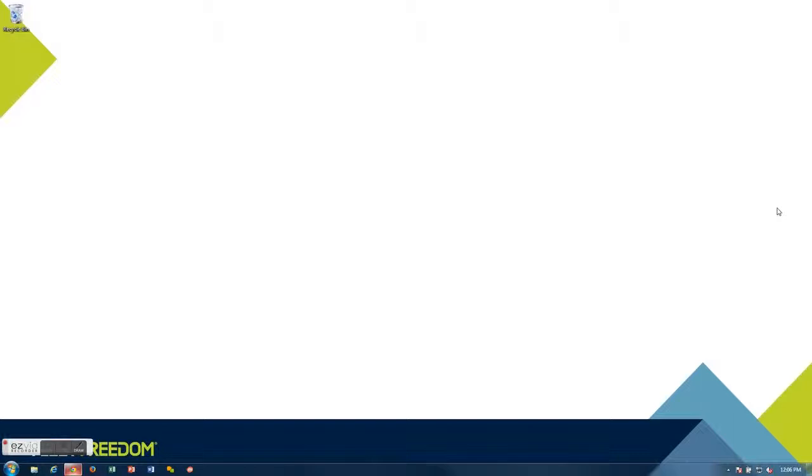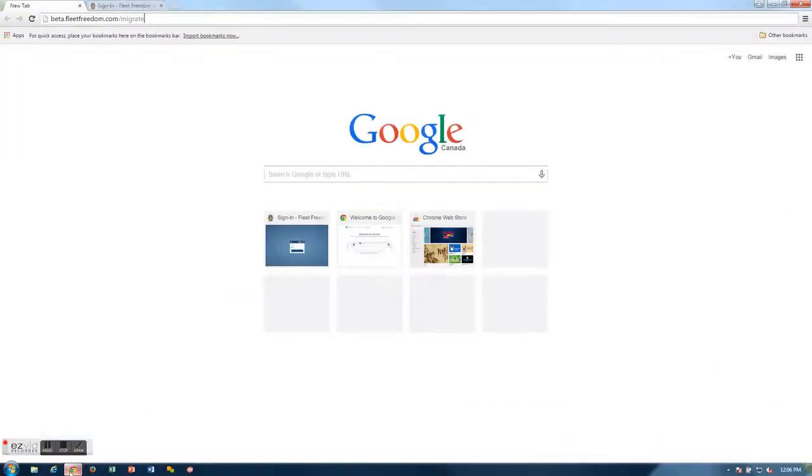I'm going to walk you through today how to migrate your Fleet Freedom version 3 account into a Fleet Freedom version 4 beta account. All you need is a web browser. I recommend using Google Chrome and a Fleet Freedom version 3 username and password, preferably one that has administrative access. Also, you simply go to